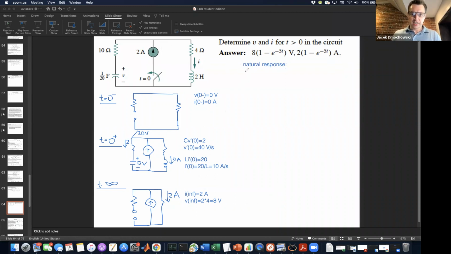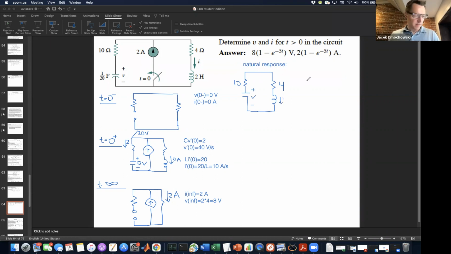And so our circuit will look like this. So this is 10, 4, this is our voltage V, this is our current